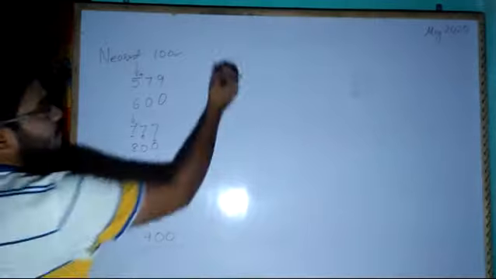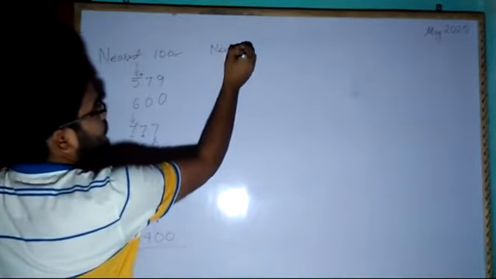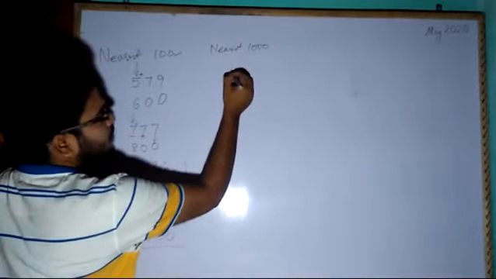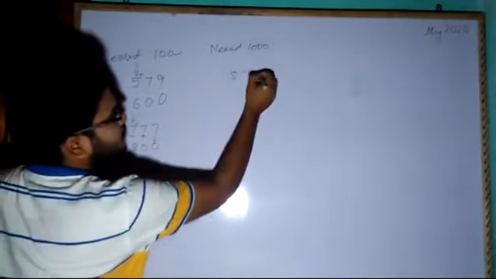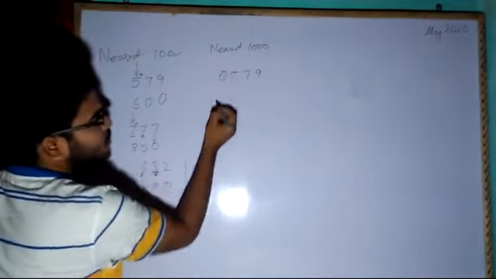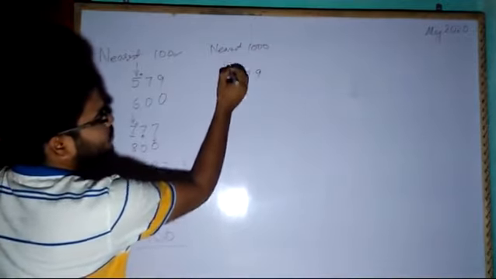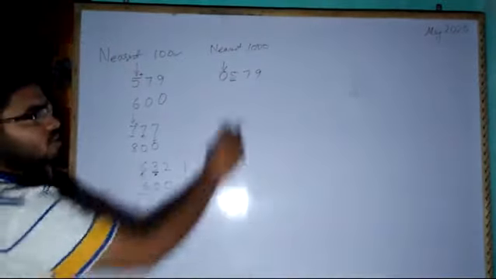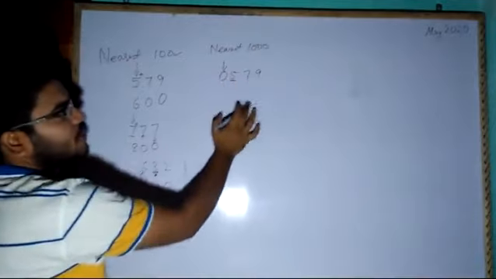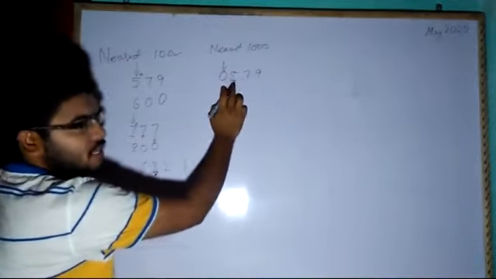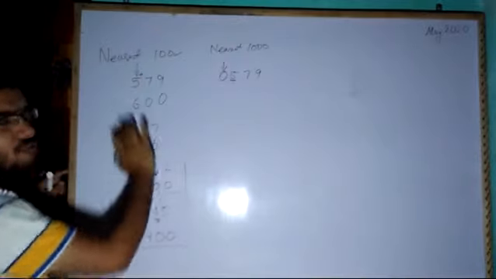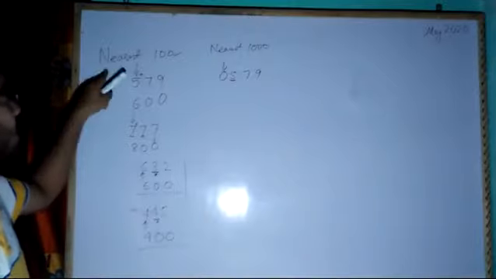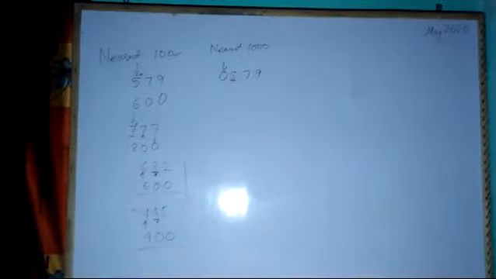In the same way, if we have the nearest 1000, then we will see. Let's take this only, 5, 7, 9. The nearest 1000 is 0 here, right? The nearest 1000 position is 0. And you have to see the right hand most side. That means right now you have to see 100. In case of nearest 1000, you have to look at the 100s. In case of nearest 100, you have to see the tens position. In case of nearest tens, you have to see the ones position.